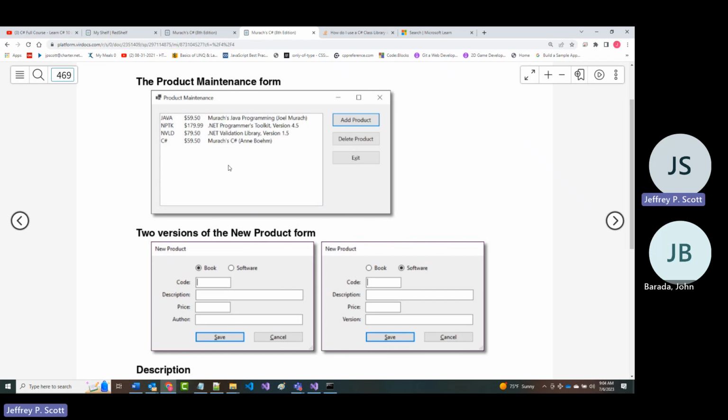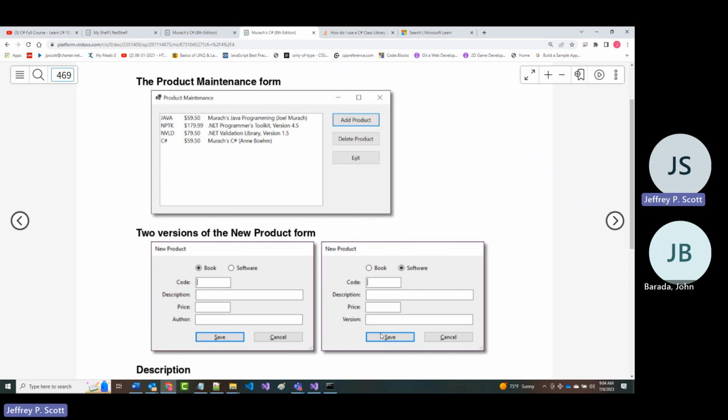When we click add product, it's going to show us a new product form. If we use the radio button on the new product form and choose book, this is going to say author. If on the same form we use the word software, it's going to contain version.